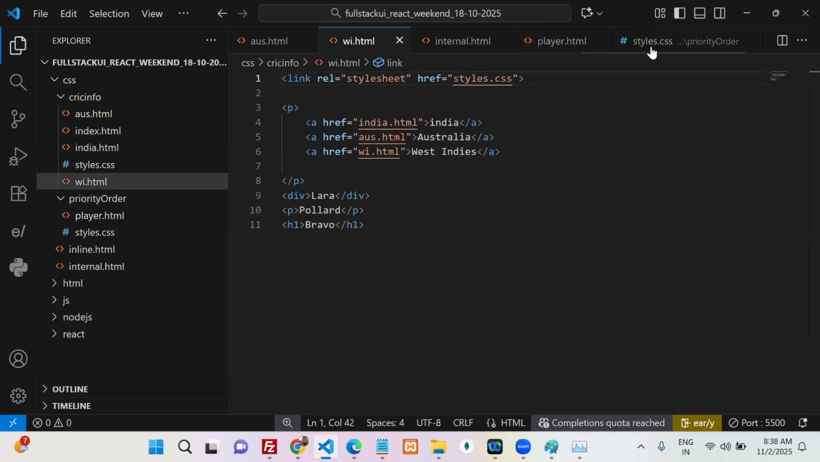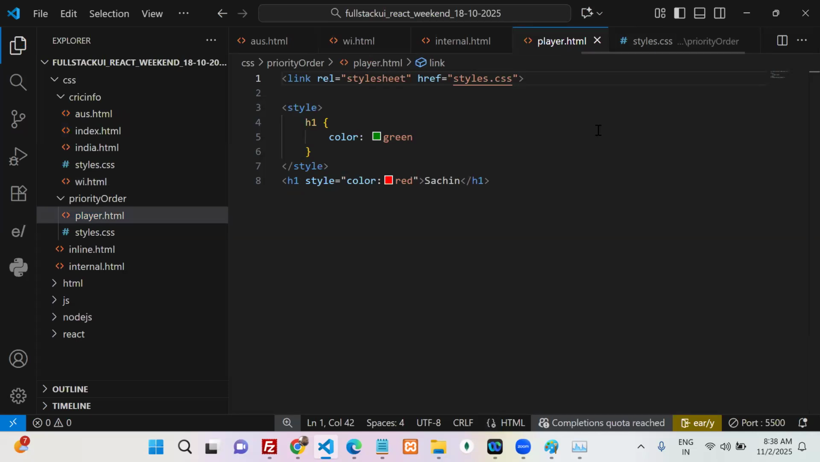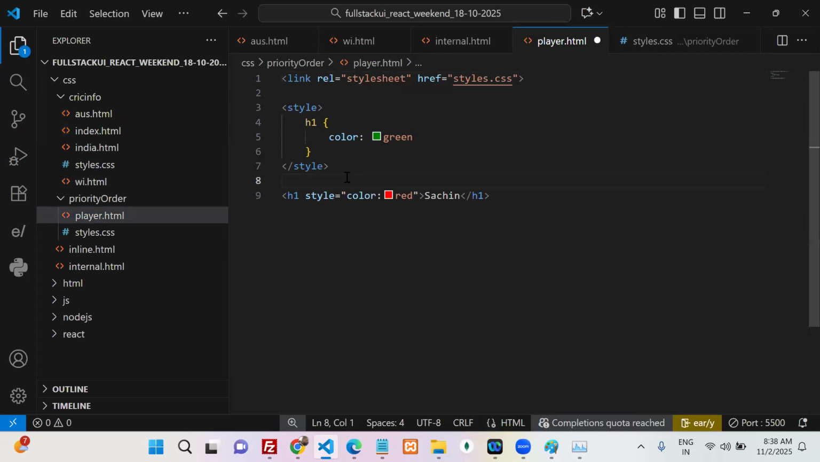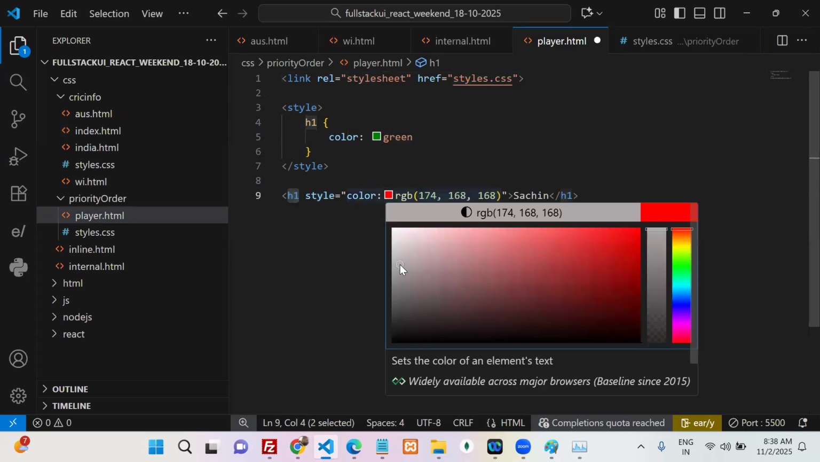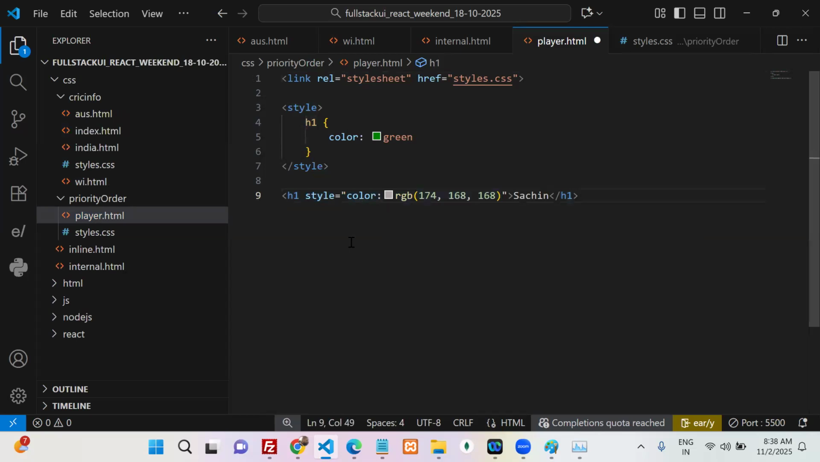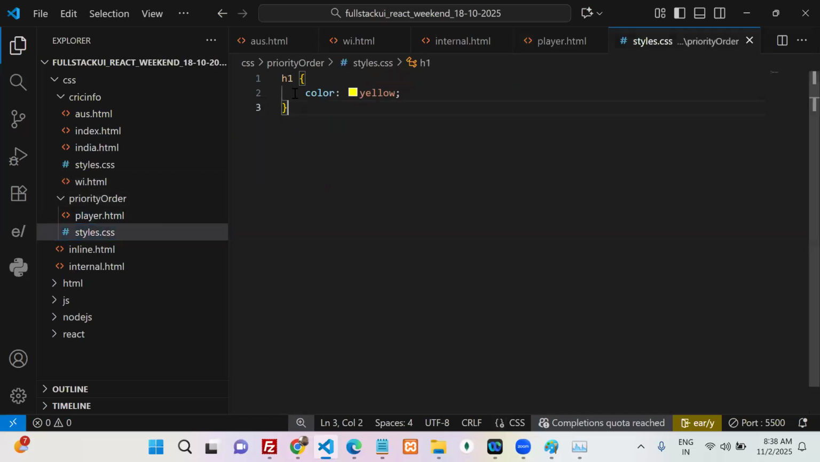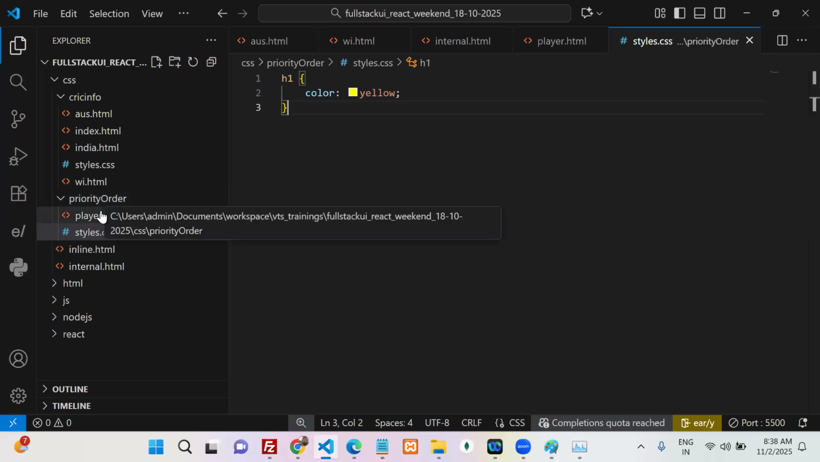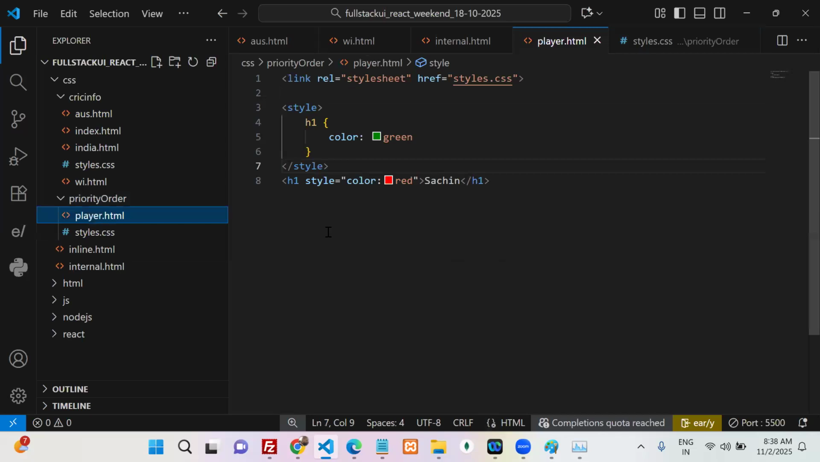For the same element, you're giving inline, internal, and external style. Yes, I have one element. I applied inline styling to that element, the property color with value red. On the same element I applied internal styling with the green color. And the same element I applied external also. So my question is, when an element has inline, internal and external styles, which style gets the first